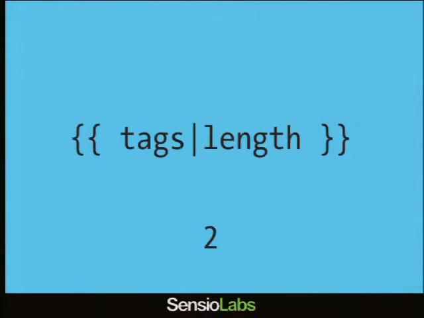I'm not going to show you all the filters we have, but this one is kind of interesting because it really says a lot about the philosophy of Twig and how we try to add new features to Twig. So here, I want to display the number of tags we have. So I use the length filter. Pretty simple. The cool thing is that you can also use the length filter for a string, right? It does work,